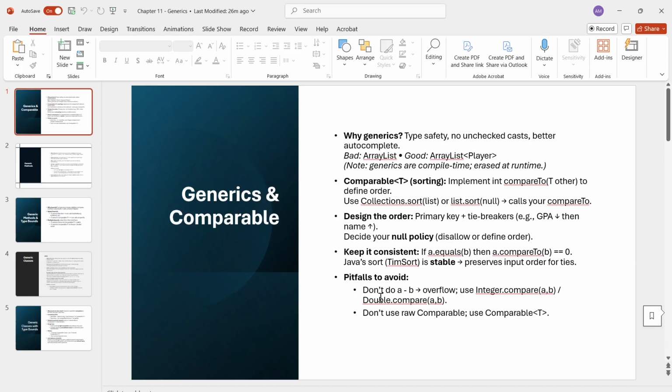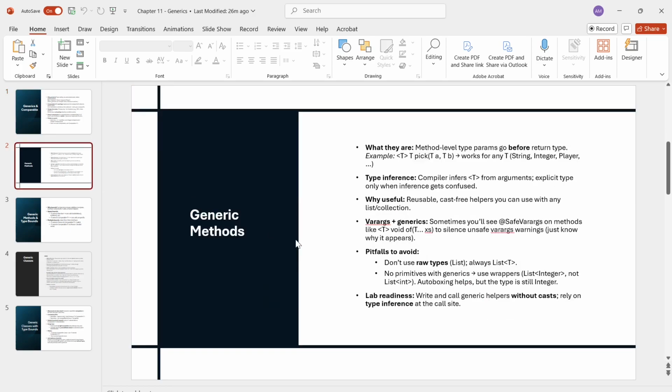So that's about it. Next we'll move to generic methods. We have already seen generics on classes like ArrayList<String>, ArrayList<Integer>, but methods can also have their own type parameters, which gives us a lot of flexibility. Here's the idea: a generic method declares its type parameter right before the return type. For example,